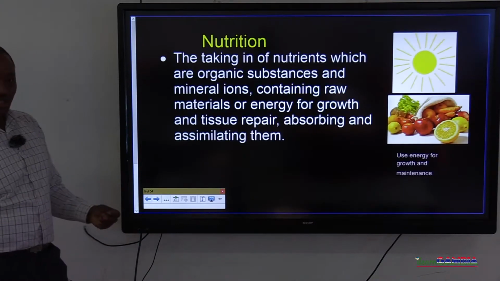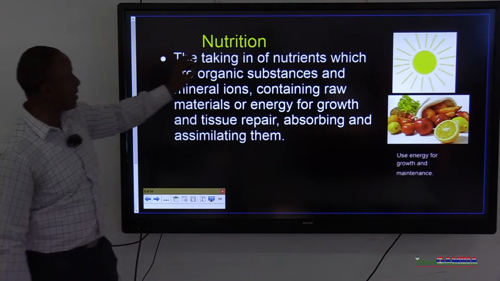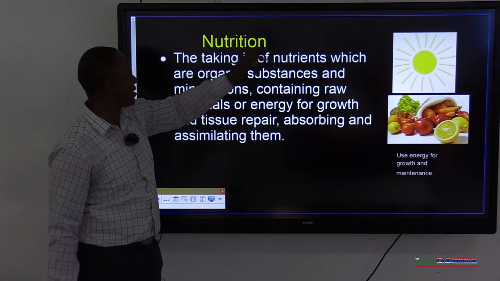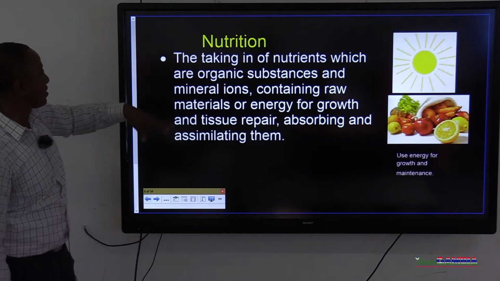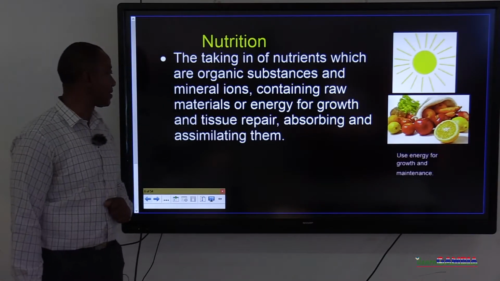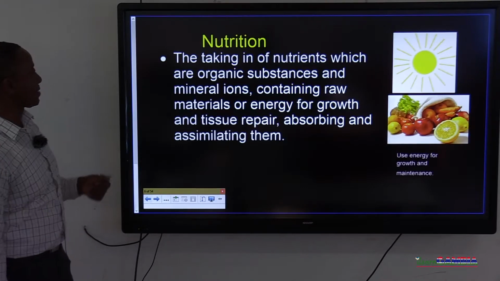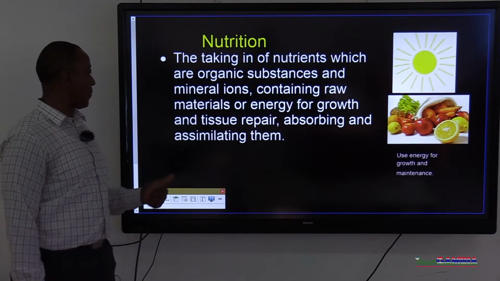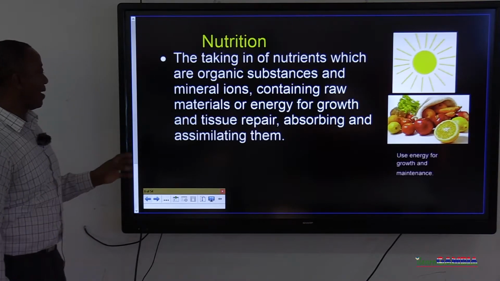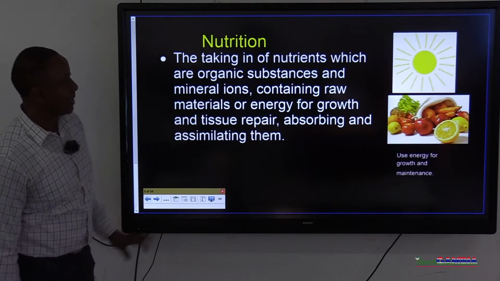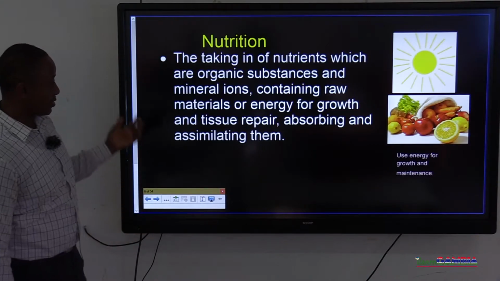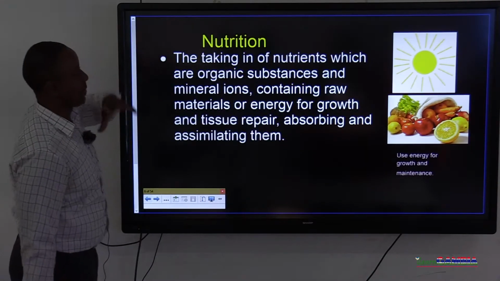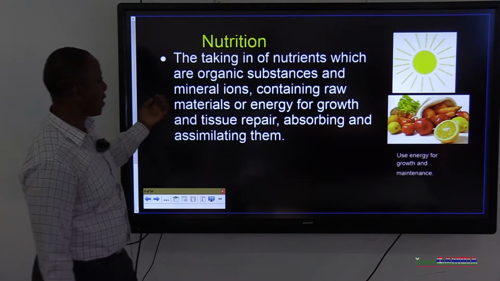Next is nutrition. Now, this is taking in of nutrients, food that contains chemicals called nutrients. Taking in of nutrients, which are organic substances and mineral ions containing the raw materials or energy for growth and tissue repair, absorbing and assimilating them. Sunlight is usually involved in the process because plants need it to make food,